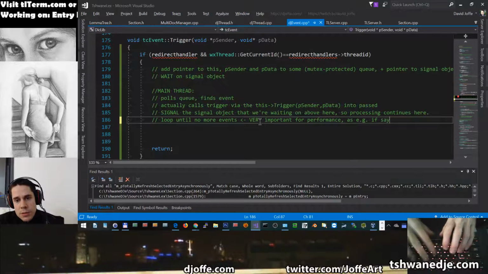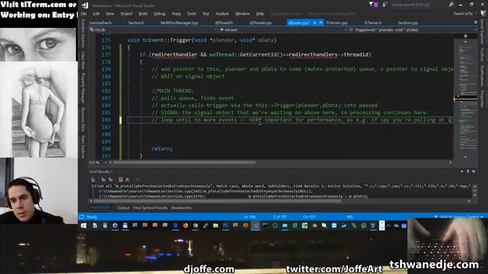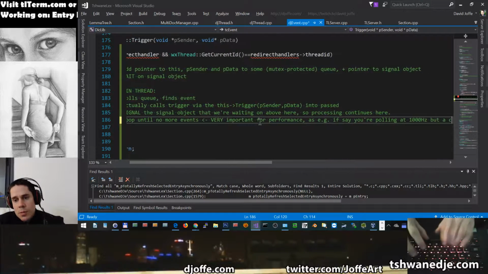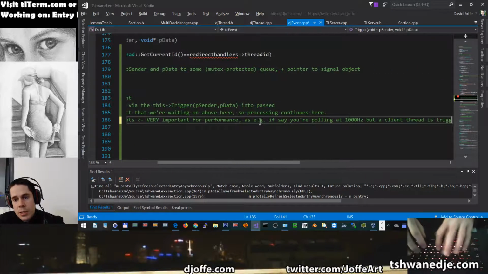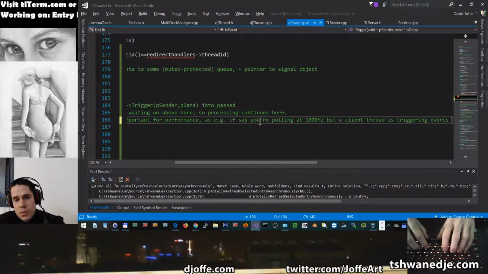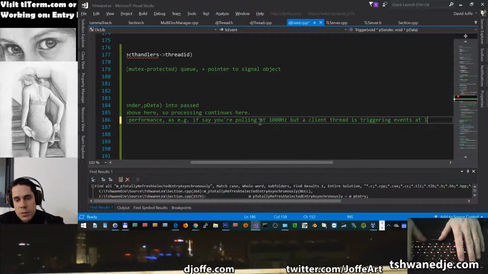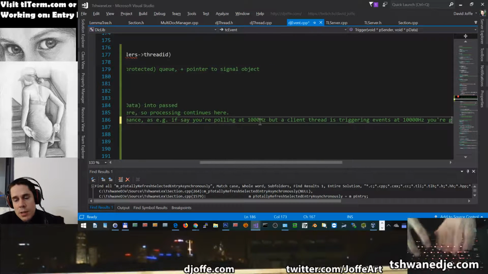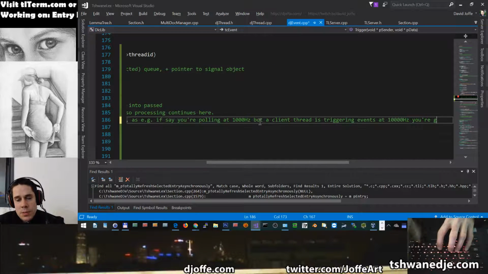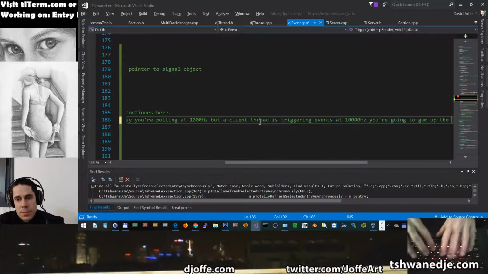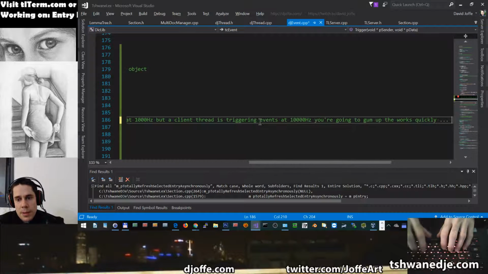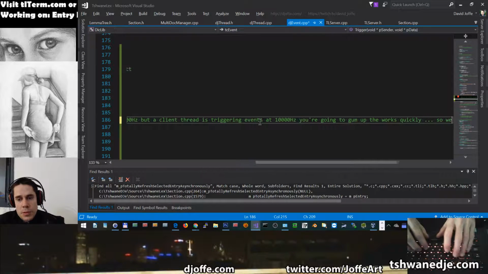If say you're polling at 1000 hertz, but a client thread is triggering events at say 2000 hertz, or say 10,000 hertz, you're going to gum up the works quickly. So we loop,